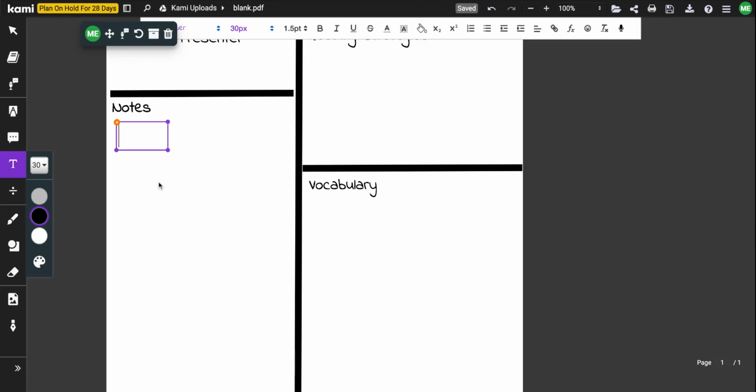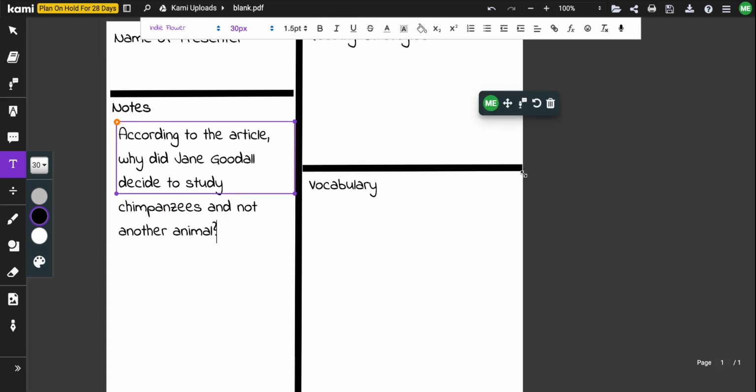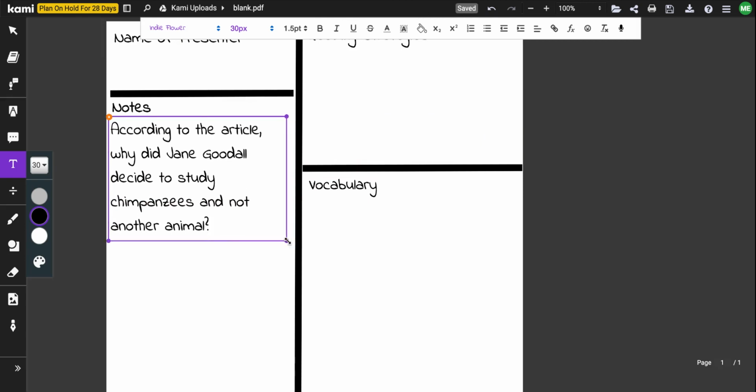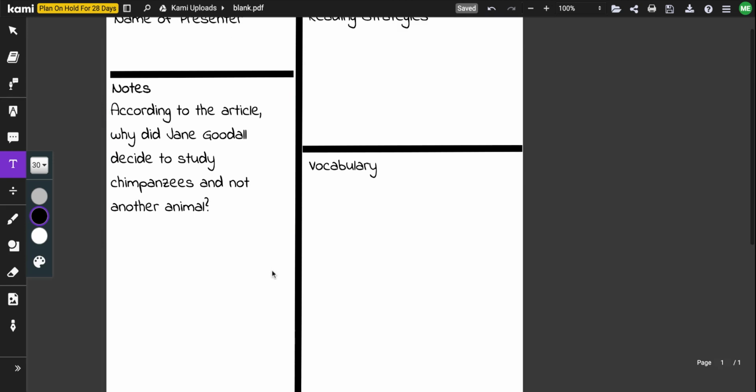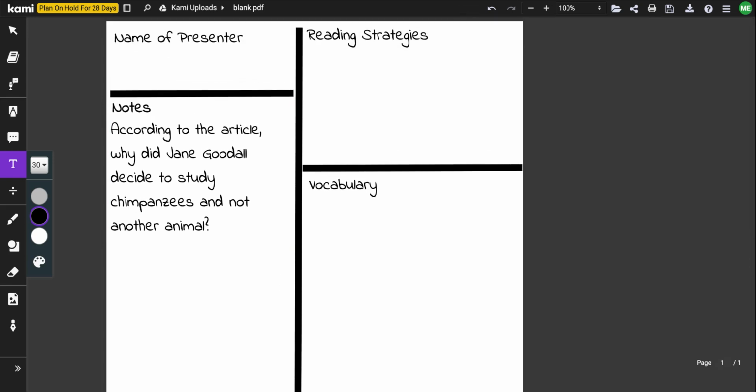Now, the notes part, what I have my scholars do, I tell them to put their TDQ question here. That way the group members know what they need to help on. Okay, what question, what's their TDQ? So remember, the whole point of the scholar group process is not to give them the answer. You want to give them questions to guide the presenter